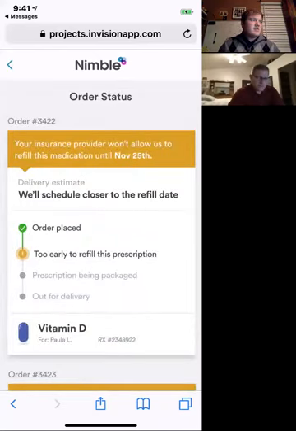Order status. Well, it says that I can't get my vitamin D. Can't even refill it until November 25th. We'll schedule closer to the refill date. So I don't know